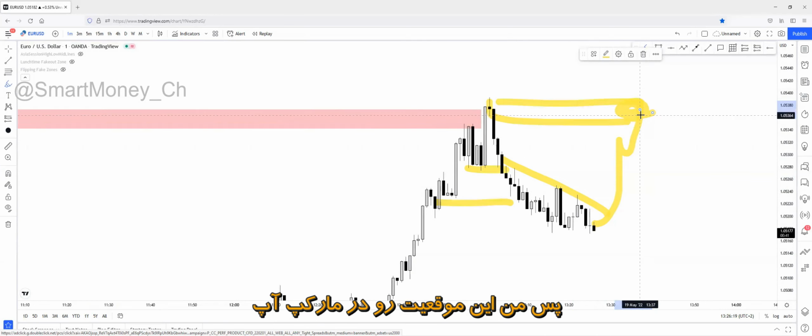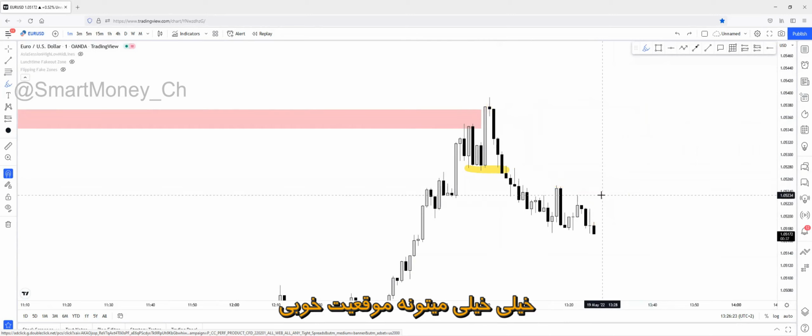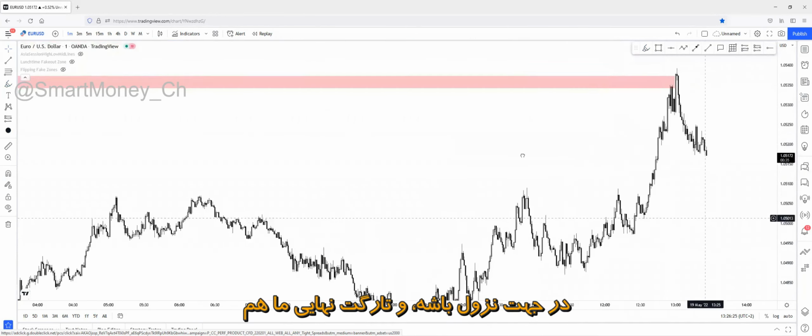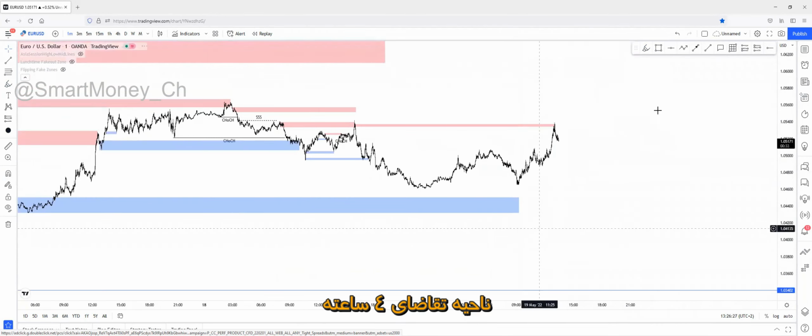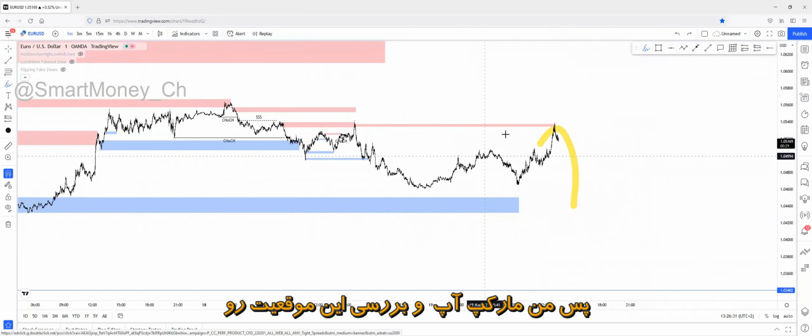So I will send this opportunity with the markups. This will be a really cool continuation opportunity to the downside, and our final target point will be the demand zone, the 4-hour demand zone at this region. So I will send the markups about this